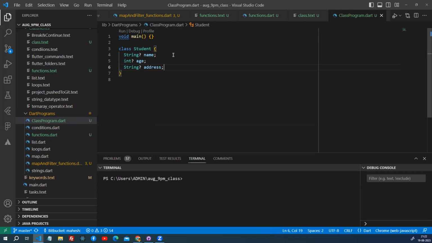Now it's clear. As per the syntax, the class keyword is used to declare the class, followed by the class name and the braces. I will tell you about another keyword, extends, which is used to inherit one class from another class. I will tell you that later. In this class,